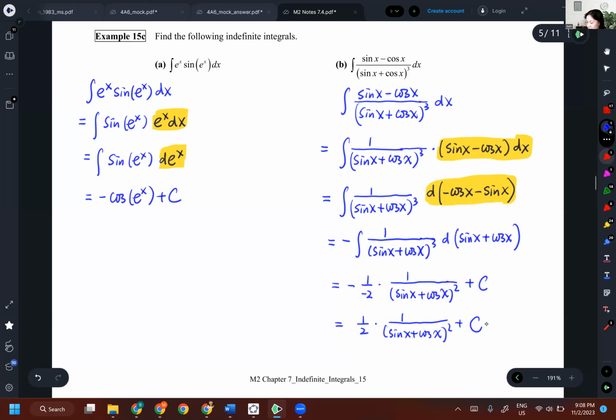For example, if I take this answer, 1/2 sine x plus cosine x to the power of negative 2, and then I differentiate it, you will get